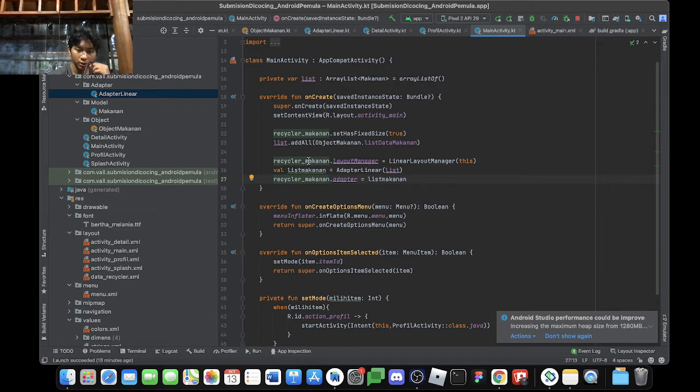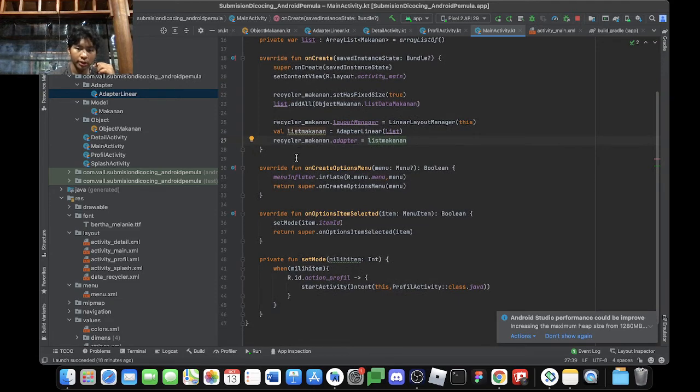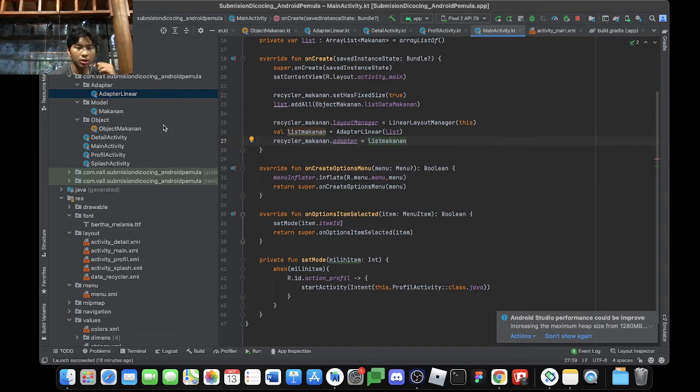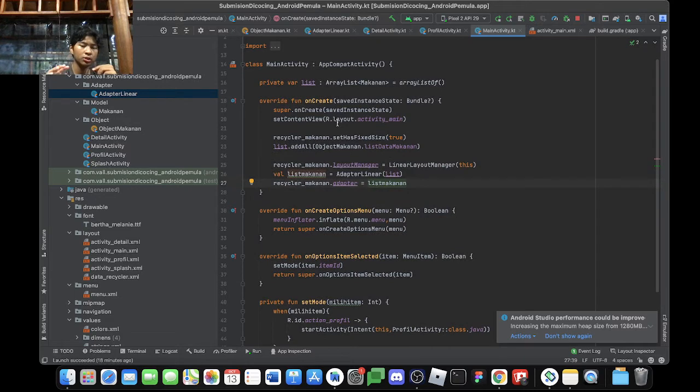Now back in here, call the id dot adapter and call the variable. And this code I will explain later. Okay. Now after you have done all of this and you run it, you will have a result card view. But that result card view cannot be clicked or pressed because it doesn't have any command.